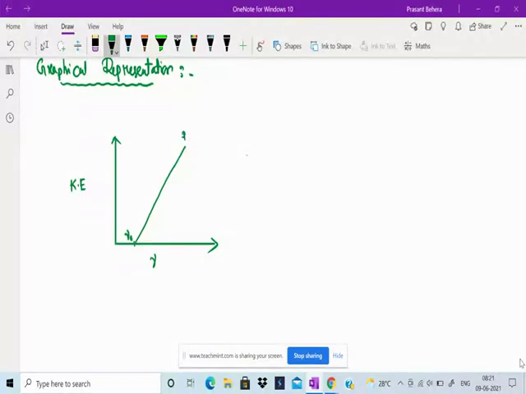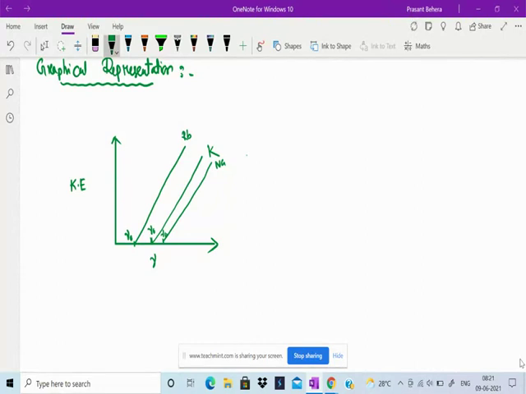Suppose this is rubidium. Similarly, for potassium, this curve is this, and this is the threshold frequency. Then similarly for sodium, here is the threshold frequency. For every metal, there is a minimum frequency known as a threshold frequency. Threshold frequency is dependent upon the metal plate.